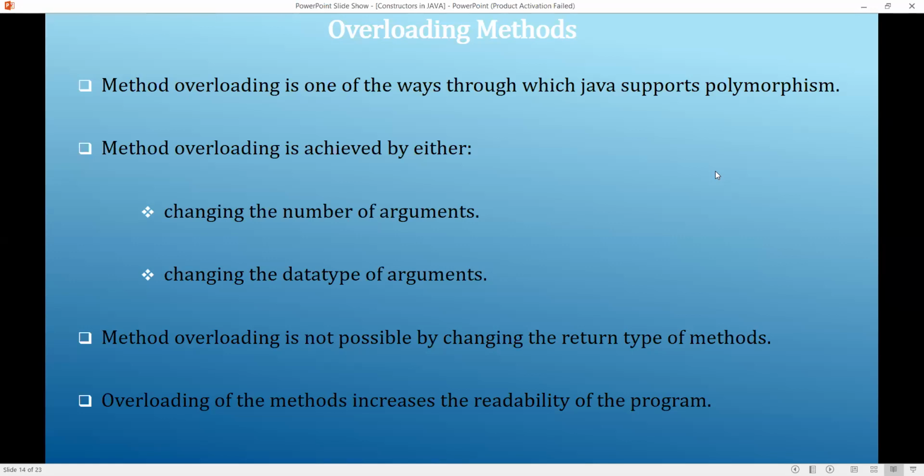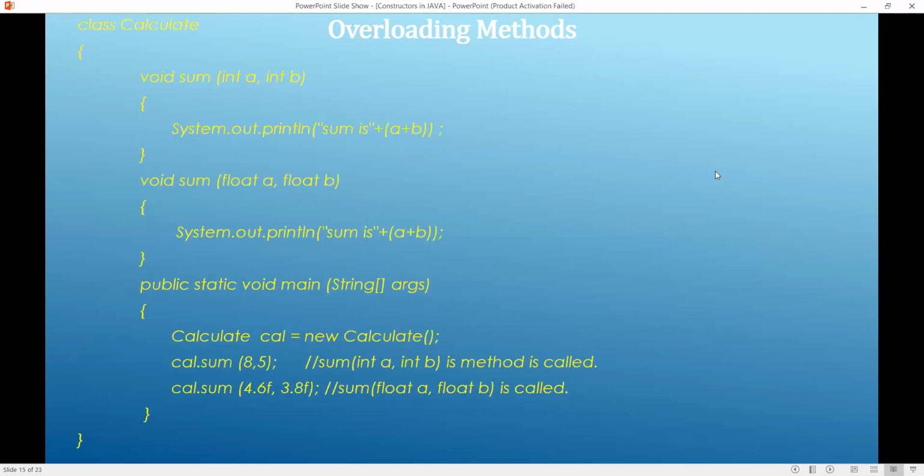How it is different means maybe you can add more parameters, or you can change the parameter data types. And one important thing is the method's return type should be the same. If the method's return type is different, that is not overloading. The reason for using method overloading is that it is one way of implementing polymorphism, and it also increases the readability of the program.